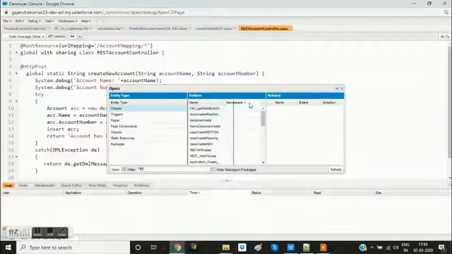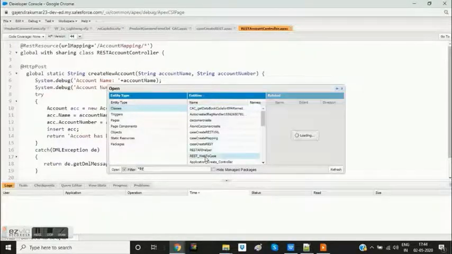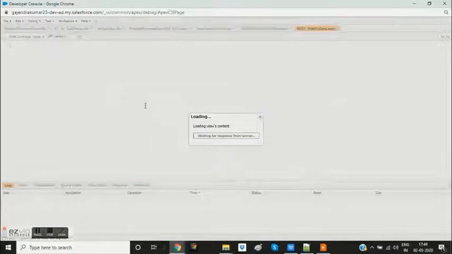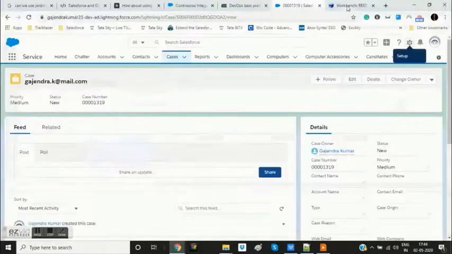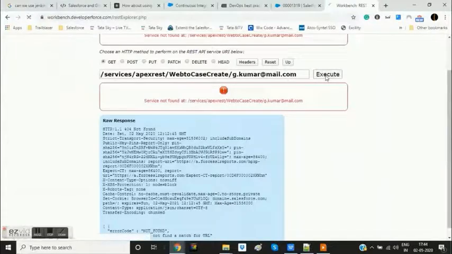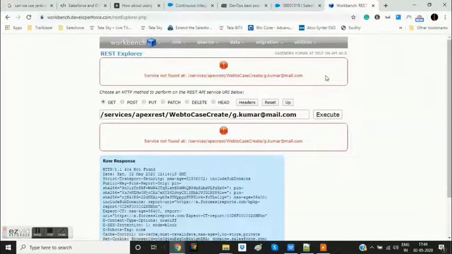Okay, so let me open the class which I had written, which is for rest web to case. All right, over here I'm going to save it, web to case create, no more changes.